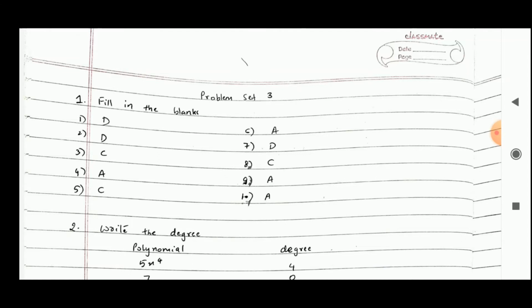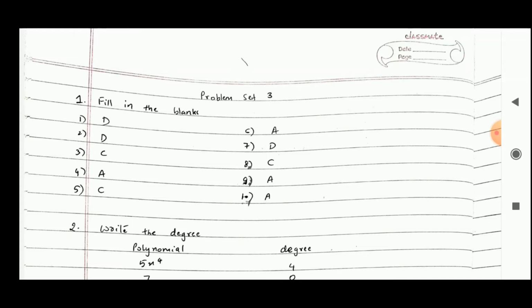Then eighth one, if x minus 1 is a factor of the polynomial 3x square plus mx, find the value of m. Now, the eighth answer is minus 3. Substitute x is equal to 1 in the given polynomial and put it equal to 0 because the remainder of the polynomial will be 0, and then you get the value of the eighth one as minus 3.